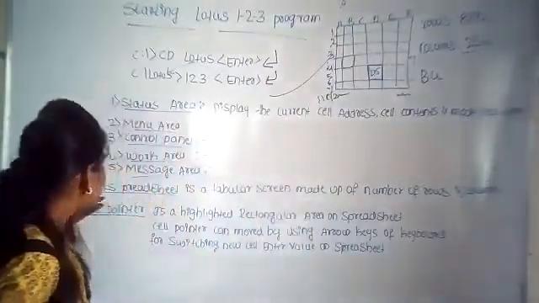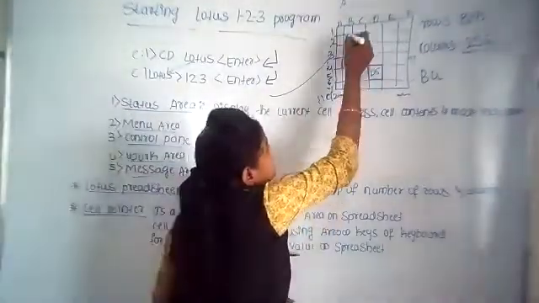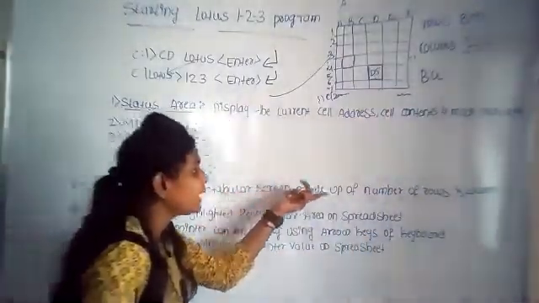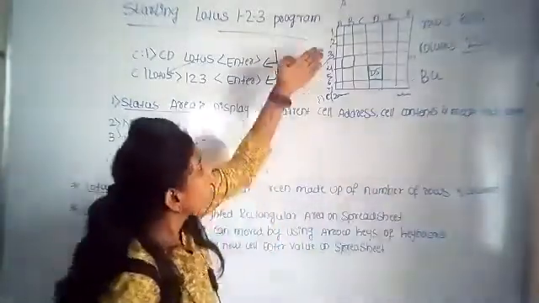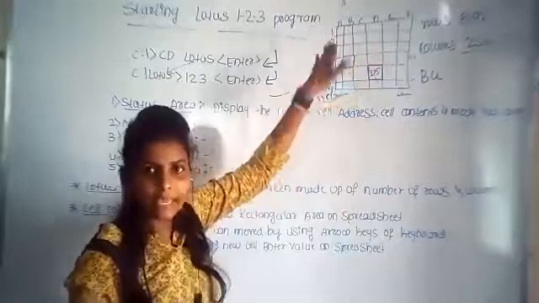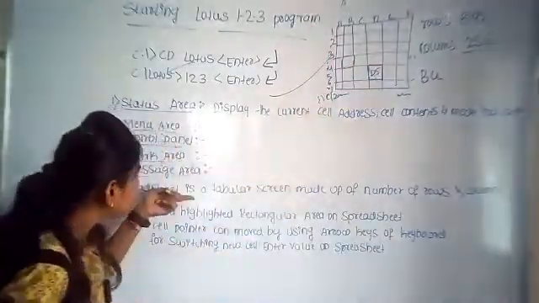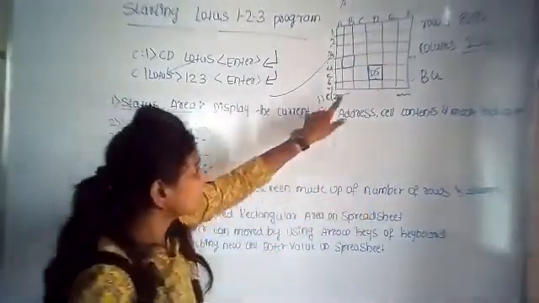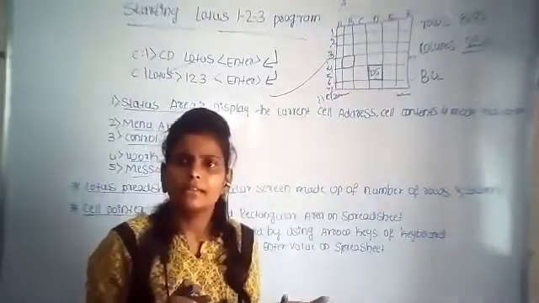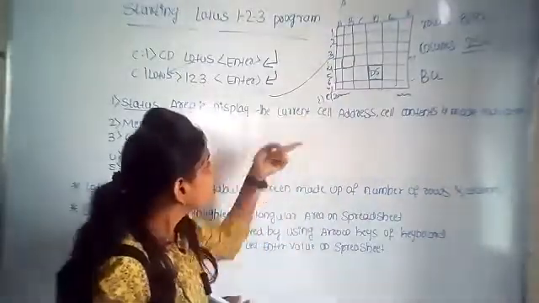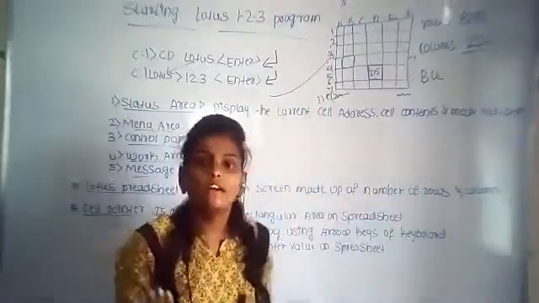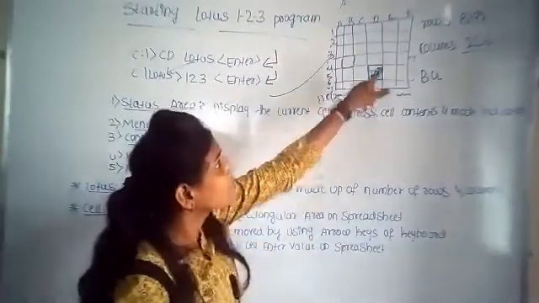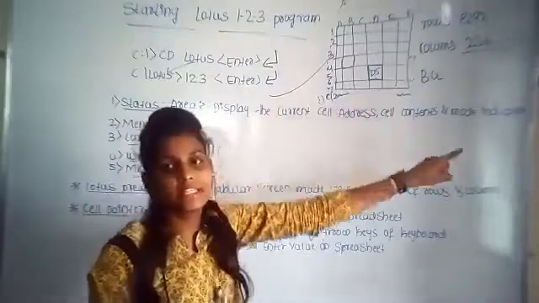Okay, next the Lotus spreadsheet. This spreadsheet is called a Lotus spreadsheet. It is a tabular screen made up of a number of rows and columns. Actually it is looking like a table, no? It looks like a table. So that's why a Lotus spreadsheet is a tabular screen. Actually this is a screen in the form of a table. A table contains many rows and columns, no? So it is also made up of a number of rows and columns. How many rows and how many columns are there in a Lotus 123 program? 8192 rows and 256 columns.